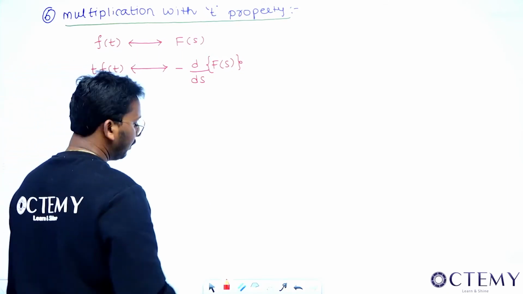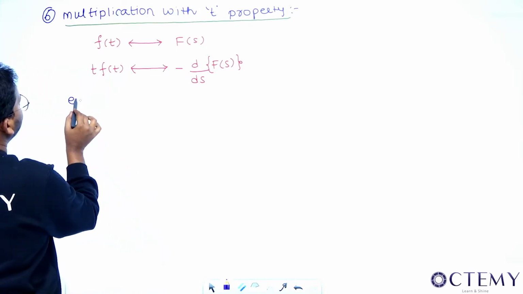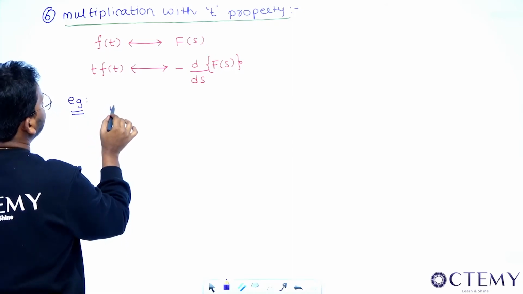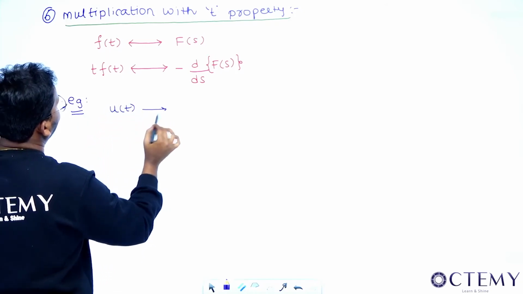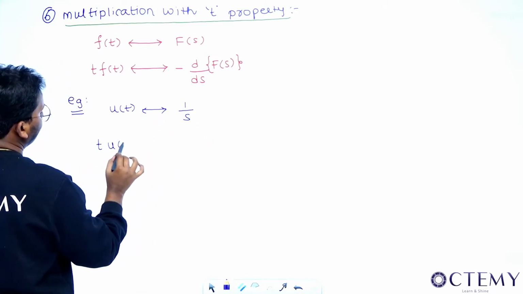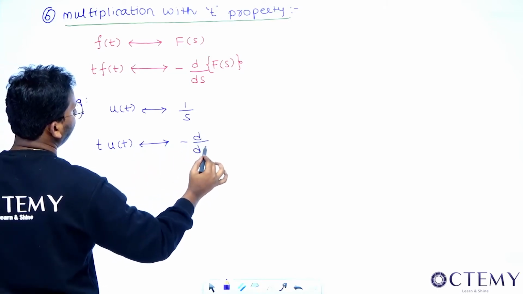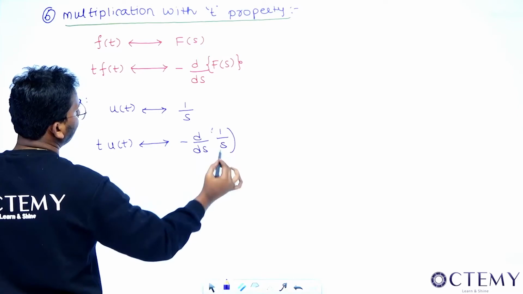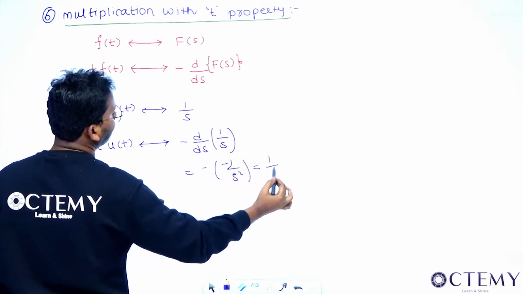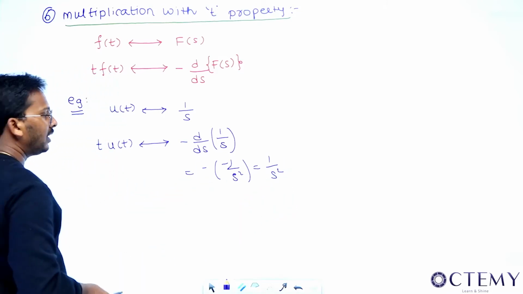Right, this is a very important property. Knowingly or unknowingly, we have already applied this. If you want, I can show you the example. Say the Laplace of u(t) is how much? The Laplace of u(t) is 1 by s, right? Now, what is Laplace of t u(t)? The Laplace of t u(t) is minus d by ds of 1 by s. So see what will it become? Minus of minus 1 by s square. So that will be 1 by s square. Isn't t u(t) 1 by s square? Yes, we have written it.